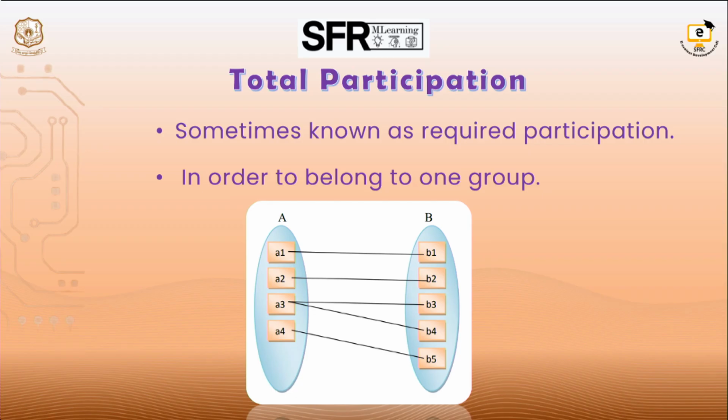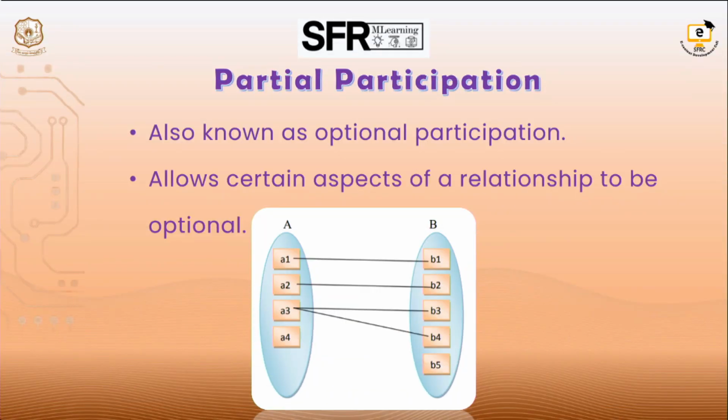Next, partial participation. In database design, partial participation is also known as optional participation. It allows certain aspects of a relationship to be optional. It implies that the way the database is configured does not require that every entity be linked to every other thing. Consider a database at a university, for instance,